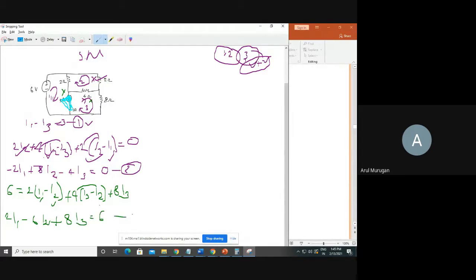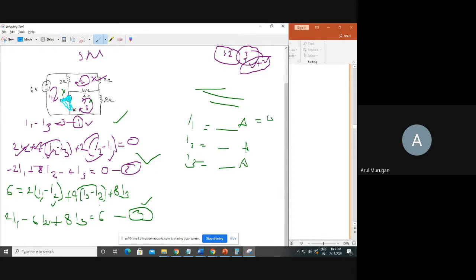That's all. So as usual, in mesh analysis, you have derived 3 equations. After deriving the mesh analysis equation number 1, equation number 2, equation number 3, you will write the 3 equations, then use the calculator to find I1, I2, and I3. Write the answer in amps. Fine, that's all. Otherwise, what is the formula? Delta 1 divided by delta, delta 2 divided by delta, delta 3 divided by delta. So you can use the formula theoretically.